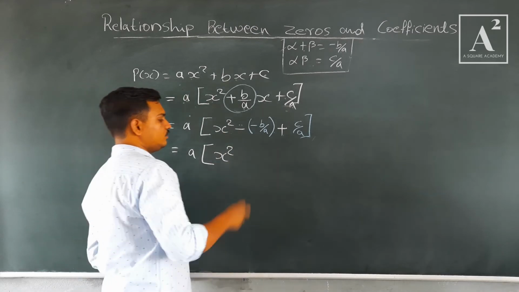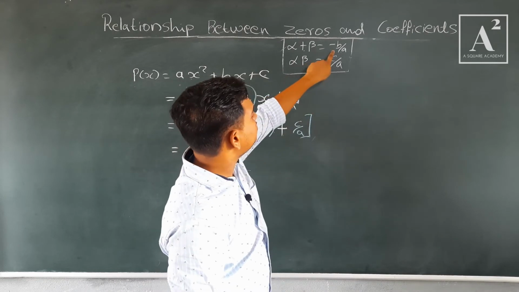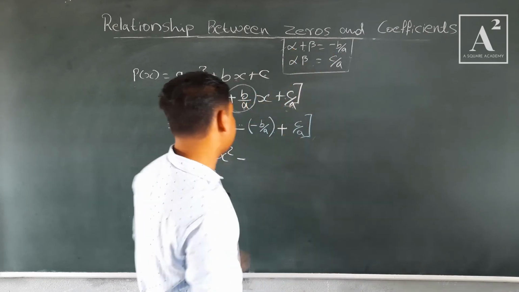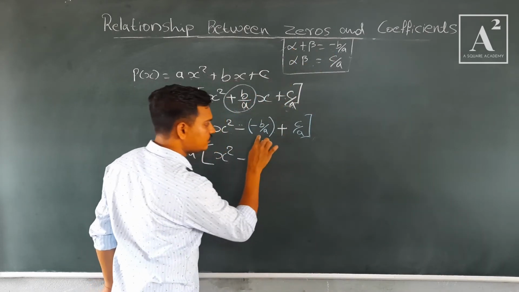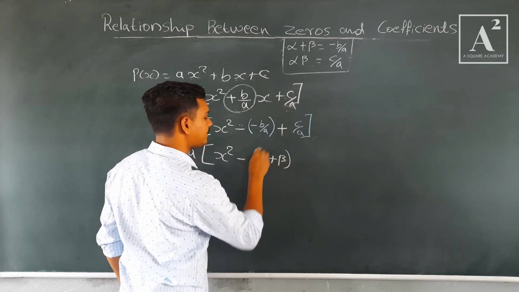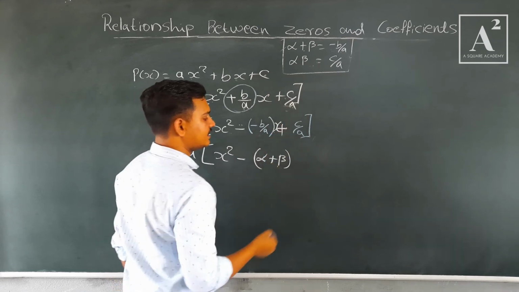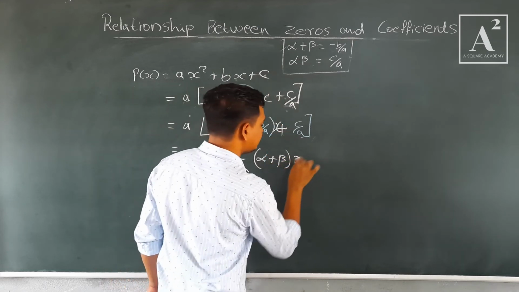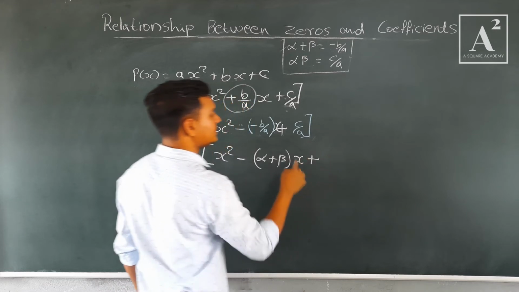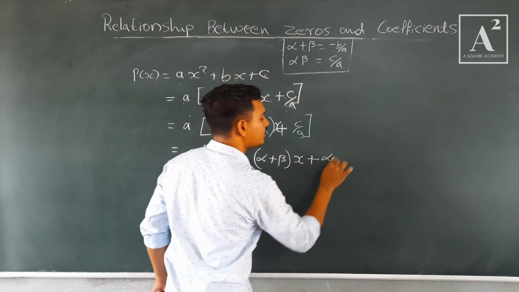So look now, minus of minus b by a. What is minus b by a? That is alpha plus beta, right. So instead of this one I can write alpha plus beta. Here x is missing, so let me write that x, okay. So x plus c by a. What is c by a? C by a is alpha beta,